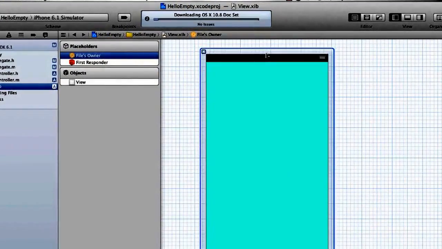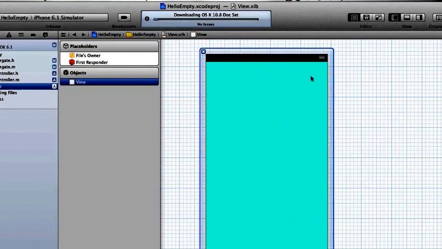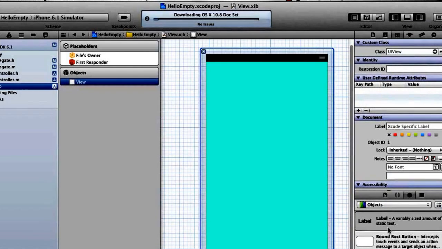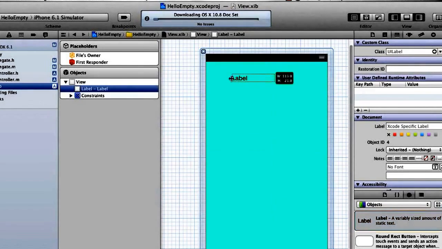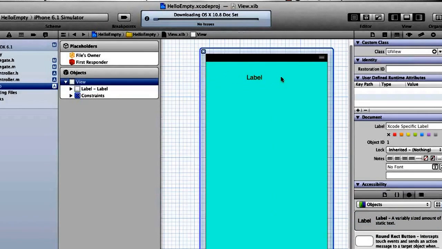Our beautiful sky blue view here, but nothing would be on it. But at this point, we have essentially what we had when we started developing the Hello iPhone app in the last demo. So now I'm going to open the sidebar, drag my label, make it a little bit bigger, center it,